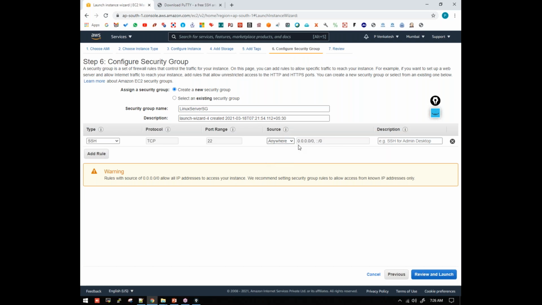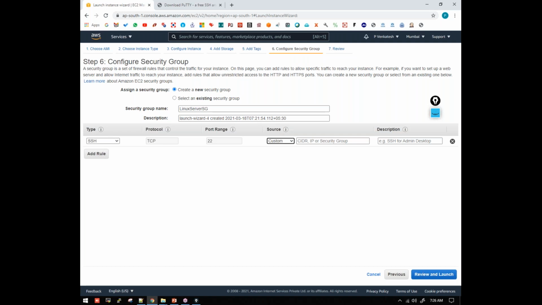Coming to custom, in real time when we are working in a company, the network admin guy will give us a certain set of IP addresses. Those IP addresses have to be mentioned here, or the VLAN range. Basically it's a networking concept. The networking subnet we have to mention here, and those IP addresses will have access to this Linux server.